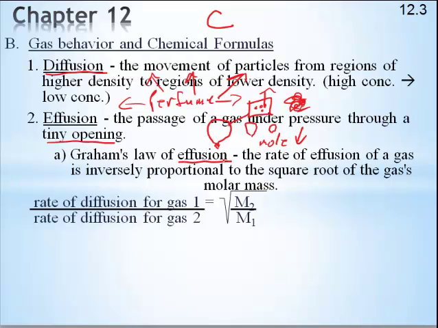Now we're going to use a law, Graham's law of effusion, to calculate either the molar mass of a gas or how fast it will go. That's a pretty straightforward equation. If you look at the words here: the rate of effusion of a gas is inversely proportional to the square root of the gas's molar mass. Well, what does that mean in real life? That means that the heavier